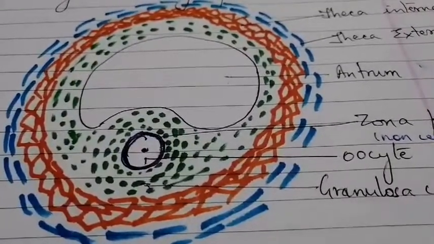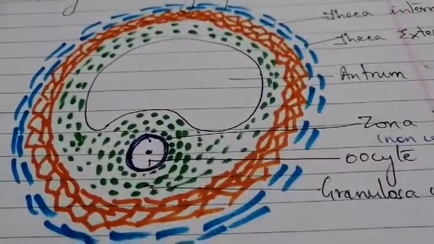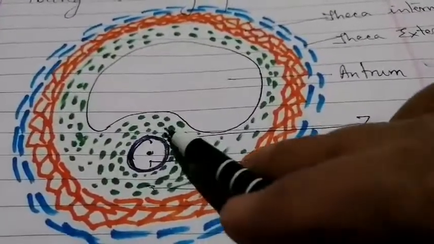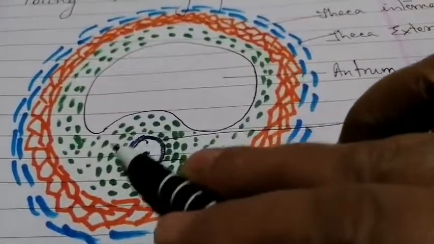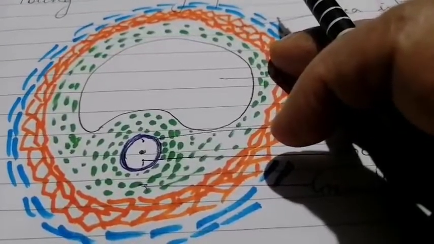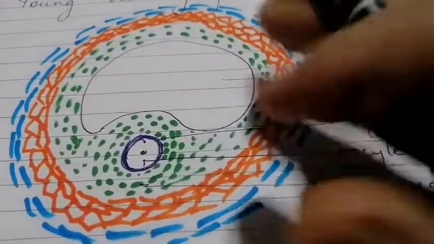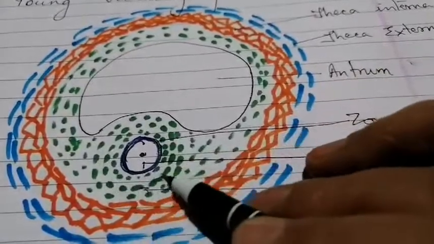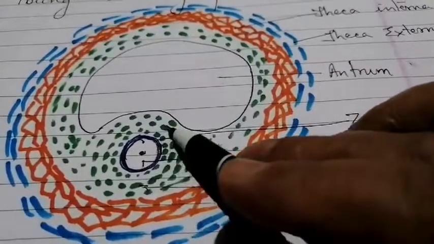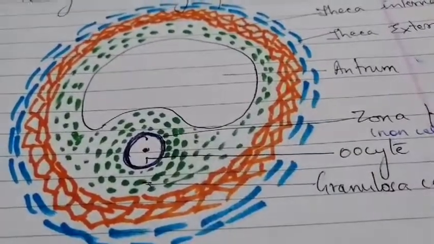It ovulates. Before that, the division completes and it forms the secondary oocyte. When ovulation occurs, the secondary oocyte basically consists of only this part, because the rest of the Graafian follicle will convert into the corpus luteum and remain in your ovary. Only this part will be released, which will contain your oocyte, your zona pellucida, and some layers of granulosa cells. Fine. Thank you.